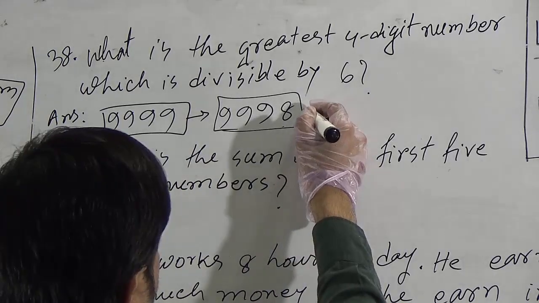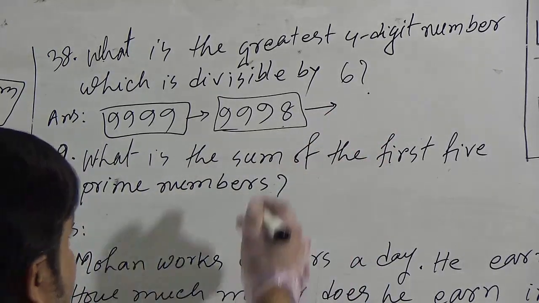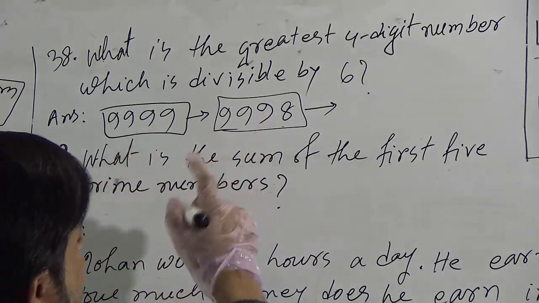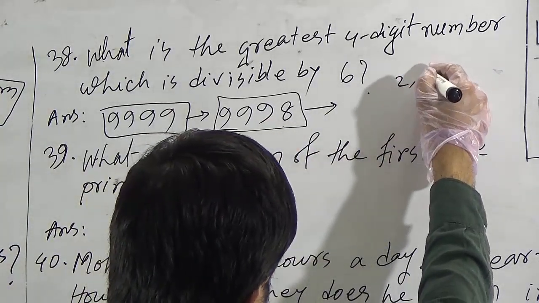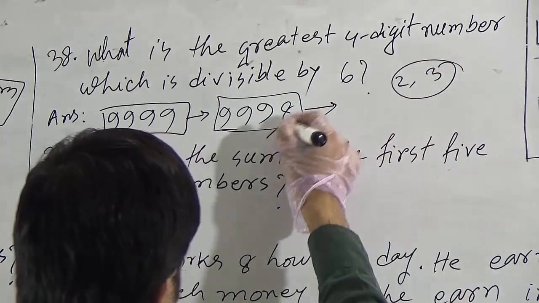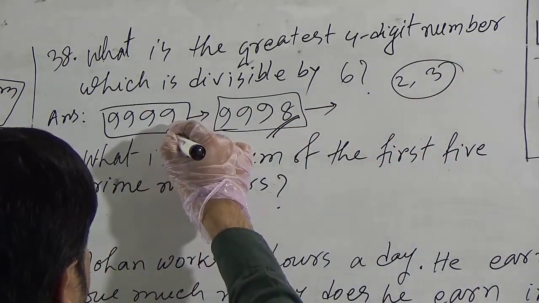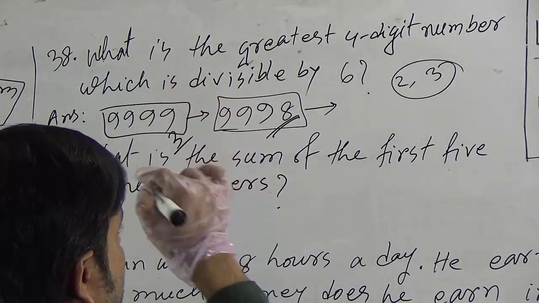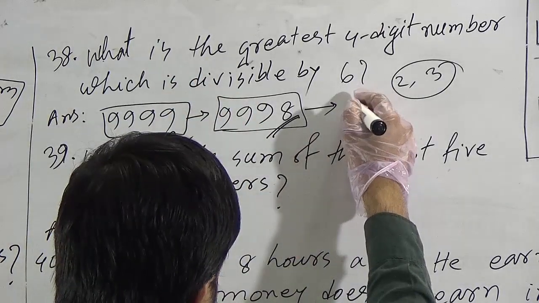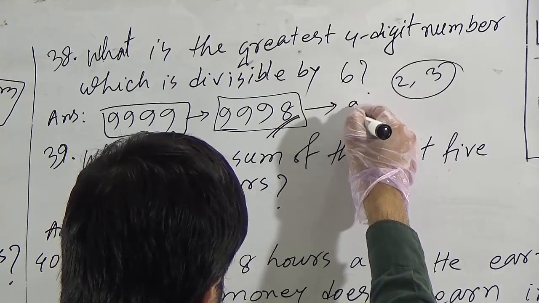The previous number of this one. The number will be divisible by 6 if it is divisible by 2 and 3 both. This number is divisible by 2 but not 3. This number is divisible by 3 but not 2. Now the next number, previous one is